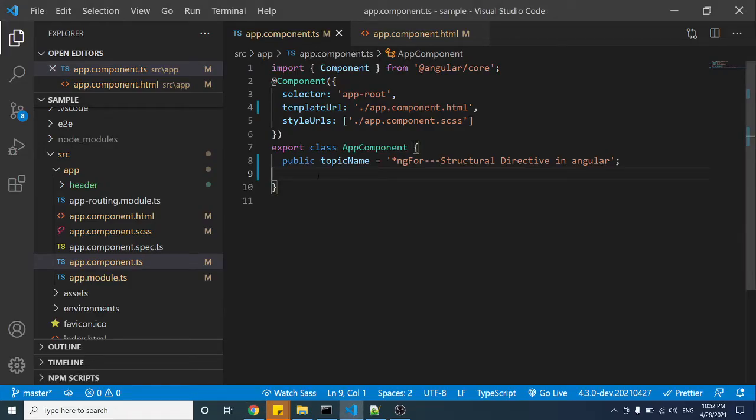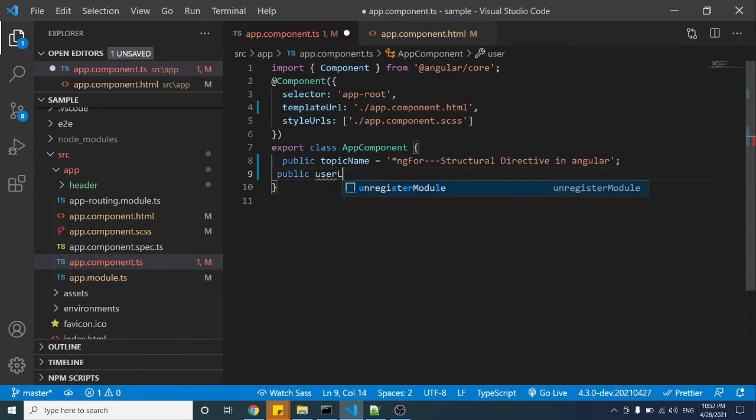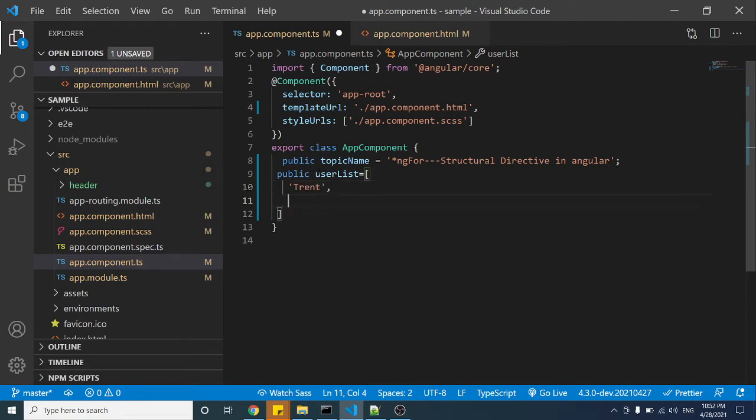In the app.component.ts file, let's take a public array. Let's name this one userList, equal to, let's take some users' names: Trent, Kane, Peter, and John. Okay, I have taken 4 users in an array, so we want to display these users onto the